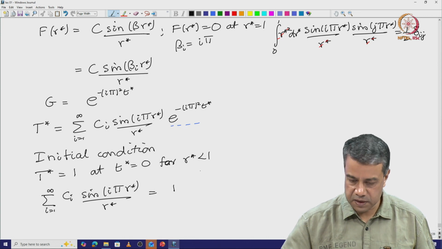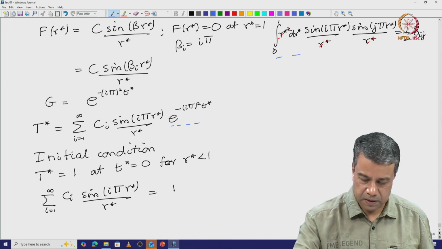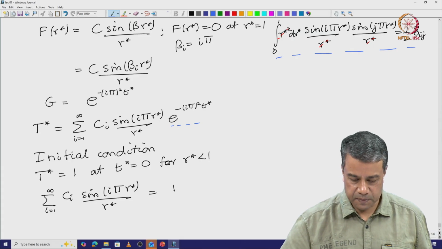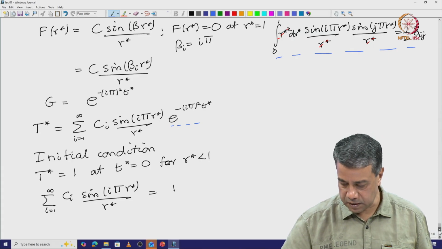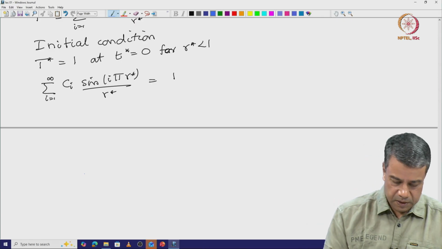And how do we get the coefficients? We get it from these orthogonality relations. I multiply both sides by sine of j pi r star and integrate. Okay. So therefore